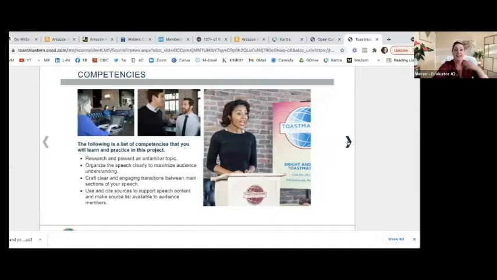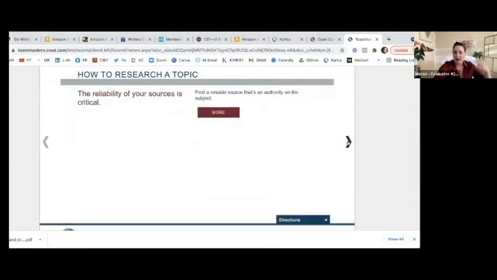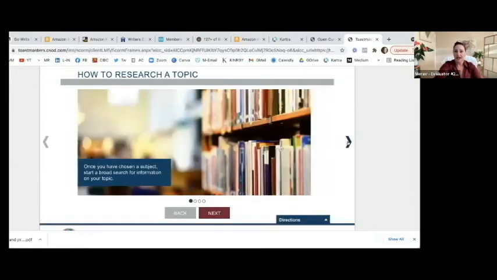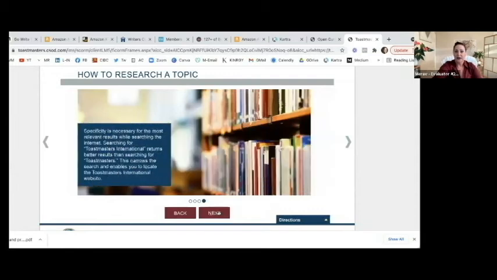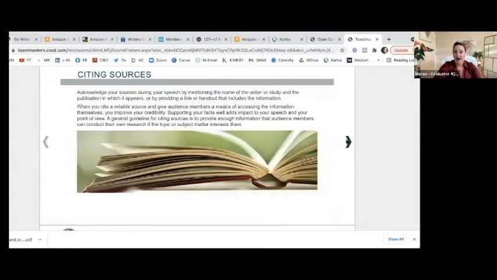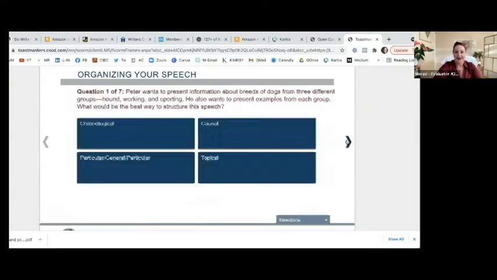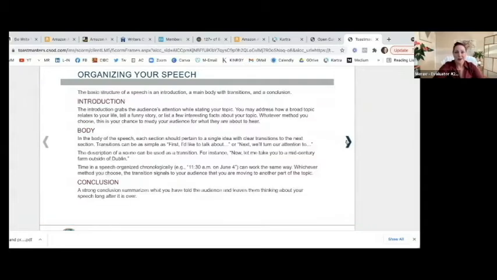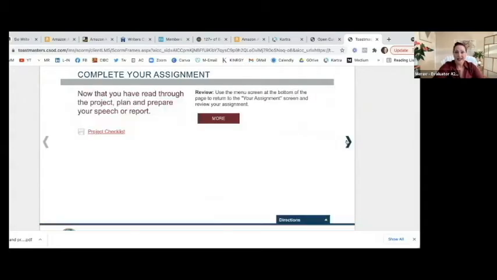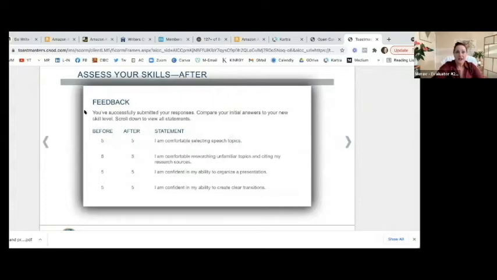and then to the next page. Now I can go through the whole project, selecting a topic, everything that is relevant to the criteria for my project. I go through everything here. I can go as quickly or as casually as I want to. And here is the most important part. When I'm finished doing all my project,